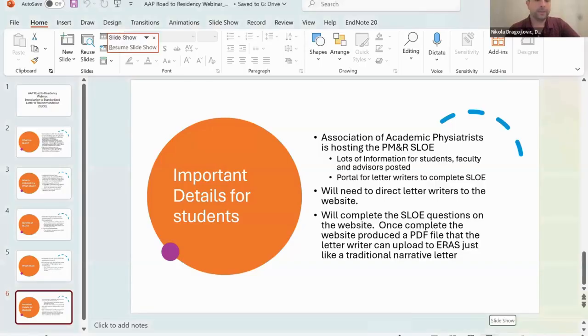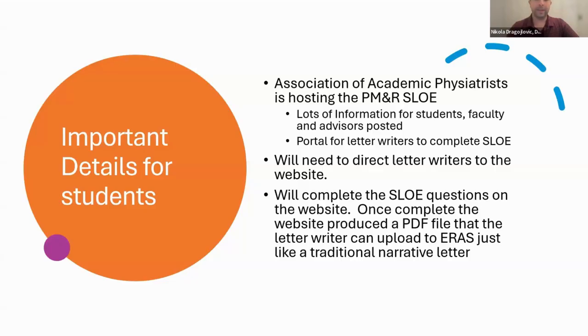There we go. So important details for you all as students, right? We already alluded to this, right? The AAP is hosting the PM&R SLOE, right? And on that website, there's lots of information for you all and the faculty members who are the evaluators who are going to be writing it for you, right? So when you send the email link to your evaluators, they'll have instructions on what to do, okay?